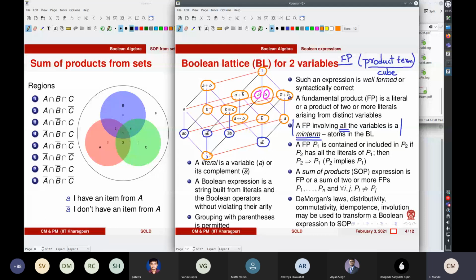So that is exactly what you're seeing. That is, every element of the lattice, all of these circles, these are elements of the lattice, and they have